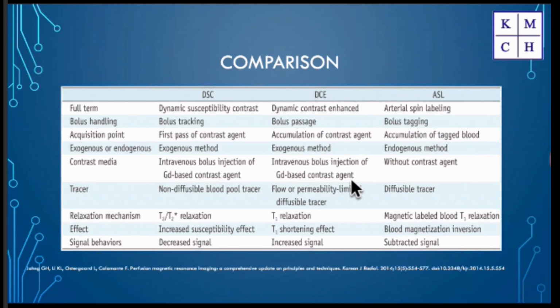Finally, arterial spin labeling is a technique where we don't use any exogenous contrast or tracer. We rather use the blood protons or the water protons within the blood vessels as an endogenous tracer. And this is fascinating because it eliminates the need for contrast. There have been a lot of controversies regarding gadolinium and its effects on tissue deposition, especially with repeated MRs. And arterial spin labeling, if standardized in future, could actually solve most of these issues by not having to resort to an exogenous tracer or contrast.